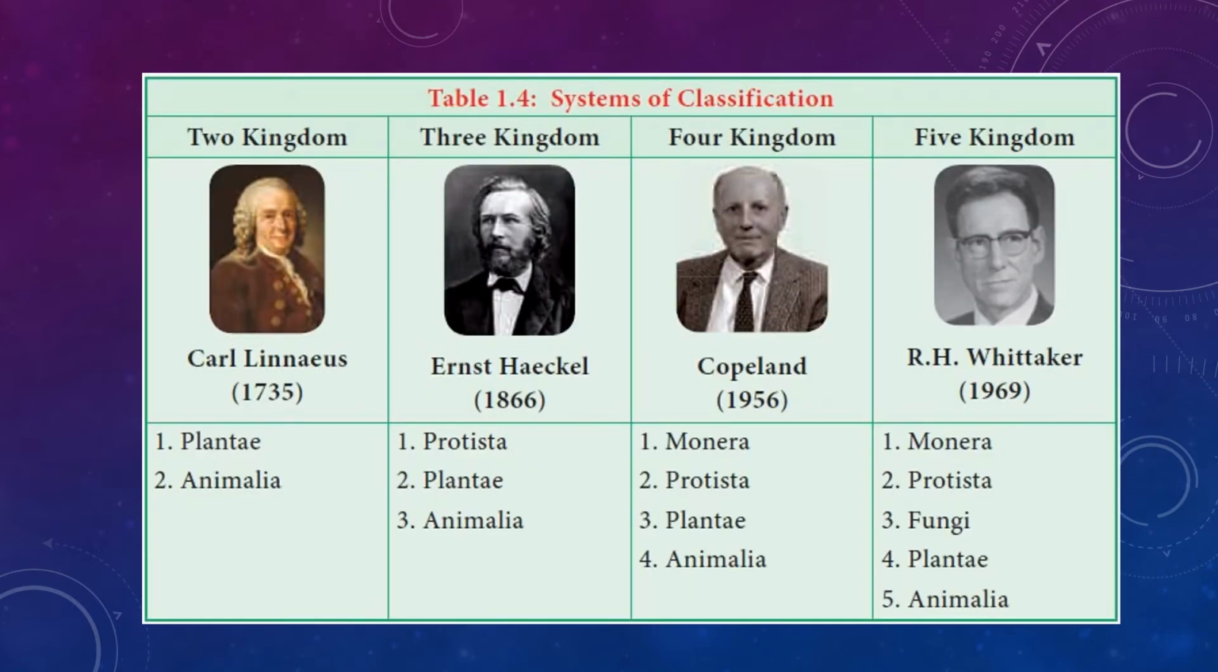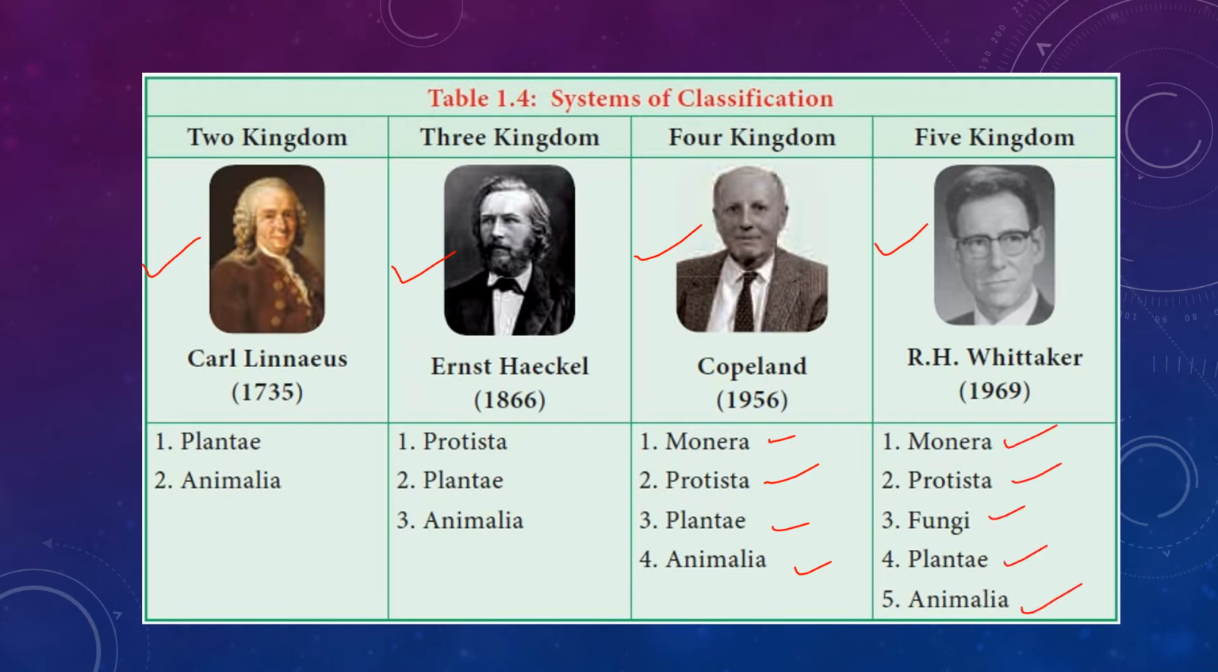Now let's see the scientists. You need to at least be able to distinguish who those scientists are. Like who is Carl Linnaeus? Carl Linnaeus is the one who proposed the two kingdom system of classification. Then Ernst Haeckel proposed the three kingdom classification, which we have just discussed. Then Copeland in 1956 proposed the four kingdom classification, including Monera, Protista, Plantae, and Animalia. Then finally, R.H. Whittaker in the year 1969 postulated the five kingdom system of classification, which is Monera, Protista,